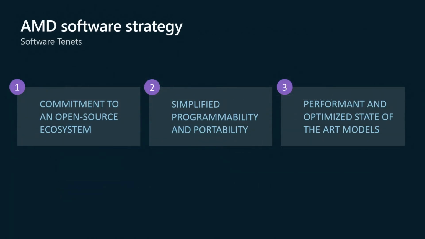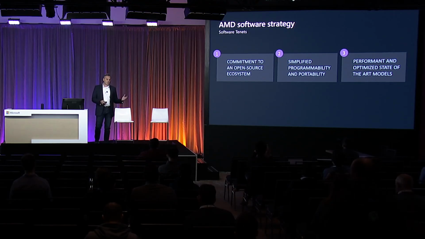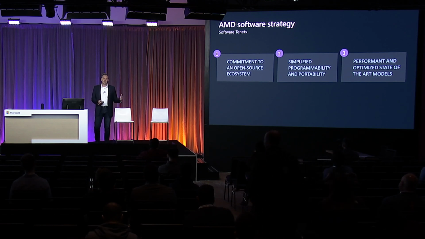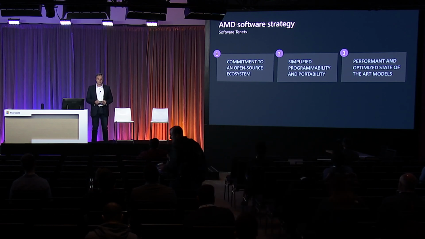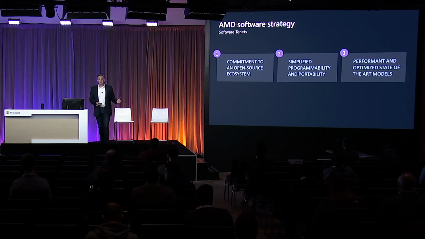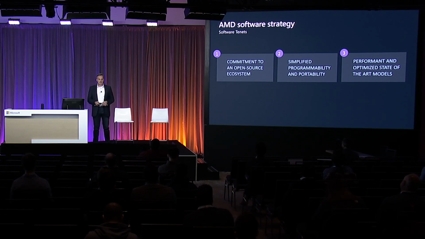If you look at the pillars or tenets for AMD's software strategy, it's really around being open. People ask me, what's the biggest difference between CUDA and ROCm? And it's simple. ROCm is open source. So that's a very big difference. The second is around simplified programming models. We didn't want to reinvent the developer story. We wanted to keep the experience the same. So if you wanted to extend your cluster and add AMD or build a new AMD cluster, you wouldn't have to reteach or retrain your users. So the experience is the same. And last but not least, it has to be fast, right? Performance is a feature.